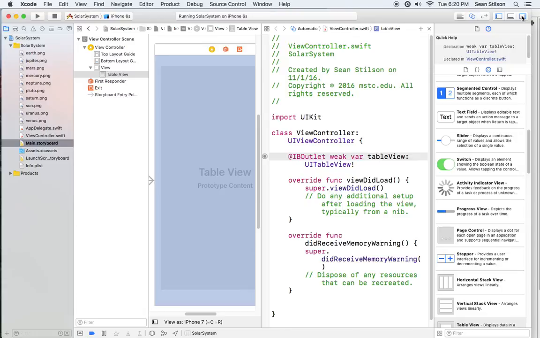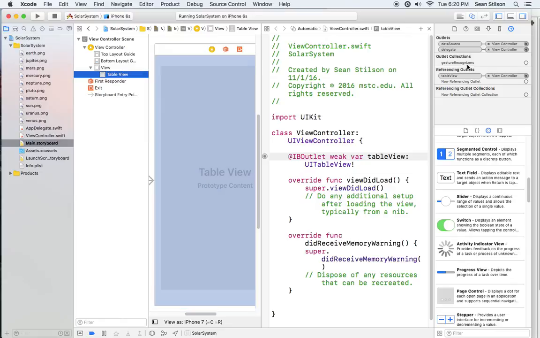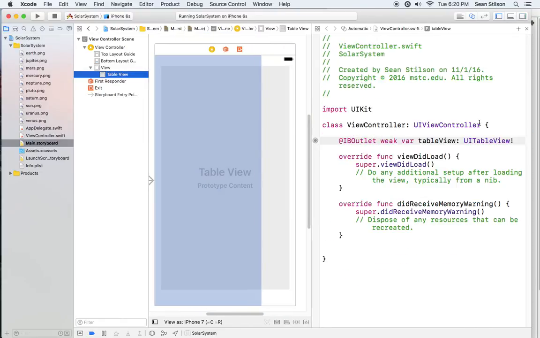Okay, so now that we're all set, Xcode is running. All right, so at this point we select my table view. We have our outlets all set up and everything's ready to go. So then the next thing we need to do is in the code, and close the panel down, we need